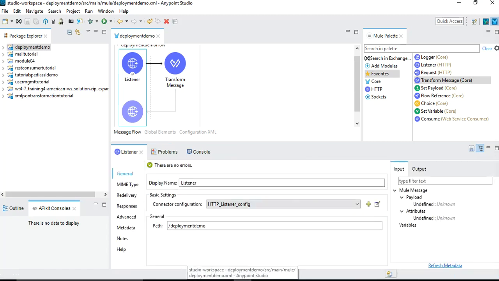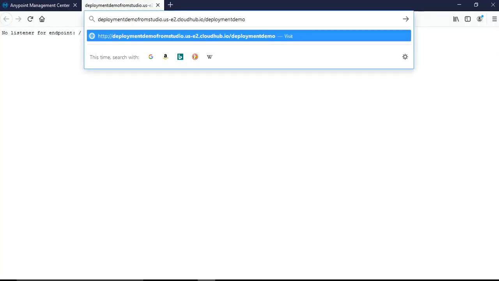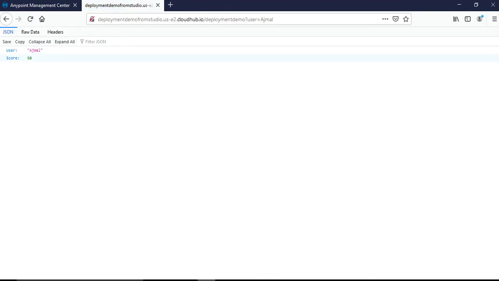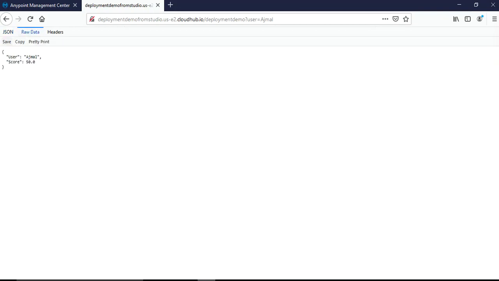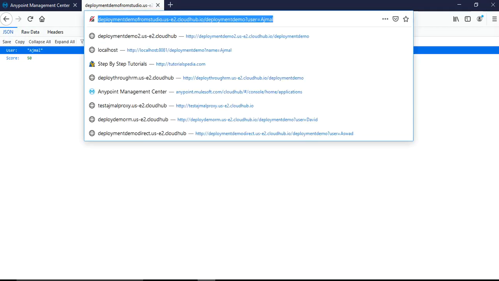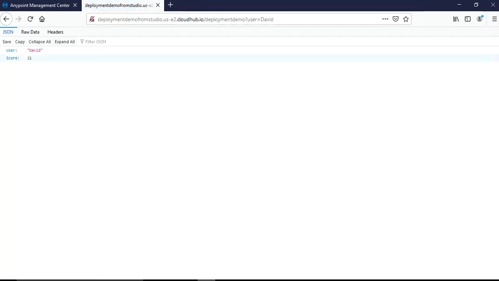Okay, you can see that we have this slash deployment demo. So let's provide this slash deployment demo, and then question mark user, which will be a query parameter. Let's put user Ajmal. I will put my name, and I click enter. You can see that we received a response JSON with the user Ajmal and score 50. You can see it in the raw format. That's a proper JSON. And if we provide any different name, it will still work, but since the score is created using a random number, it will be a different value.